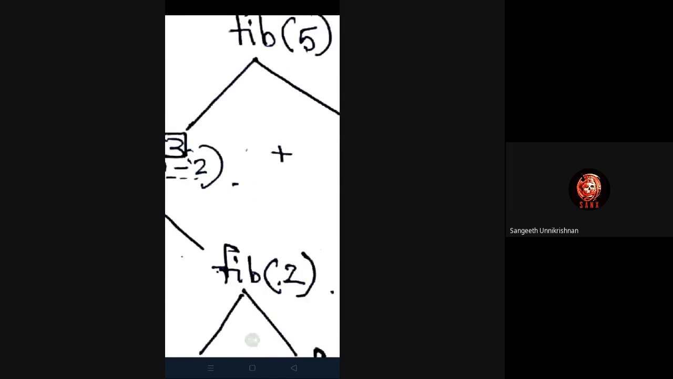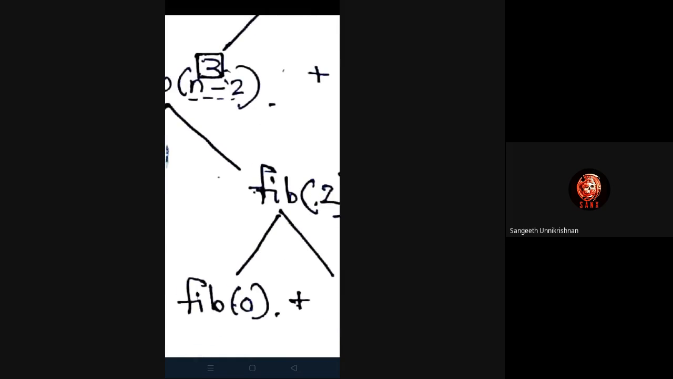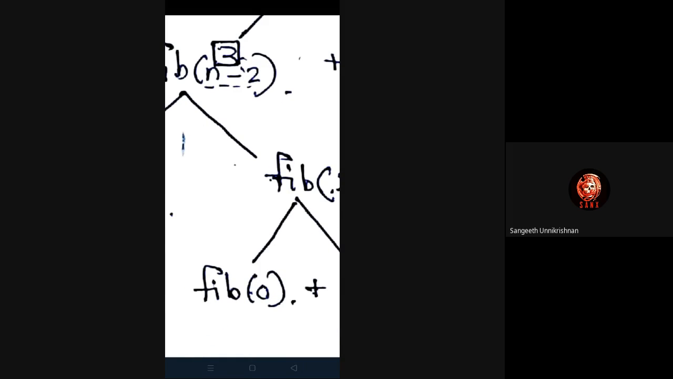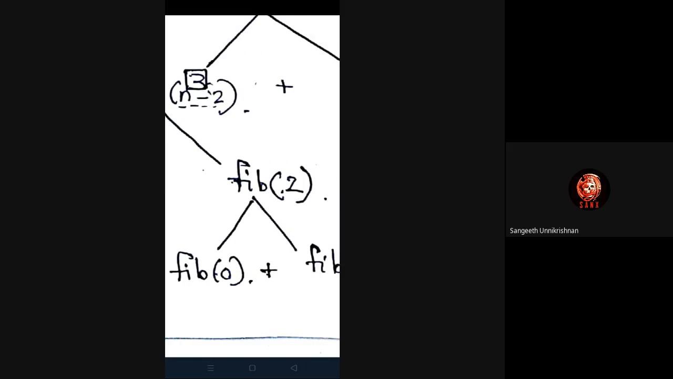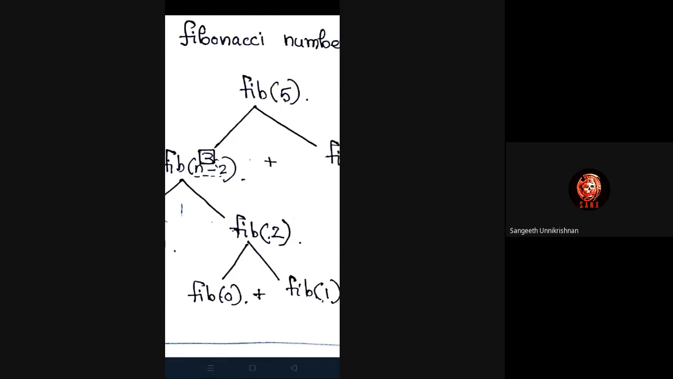Then it will go to here, fib of 2. Then what will fib of 2 do? It will again call fib of 0 and fib of 1. Fib of 0 and fib of 1. Then this